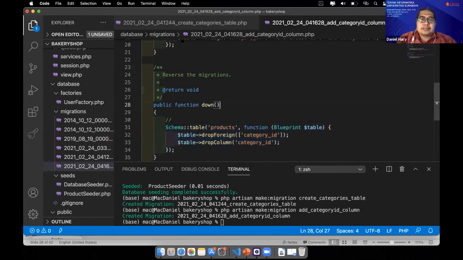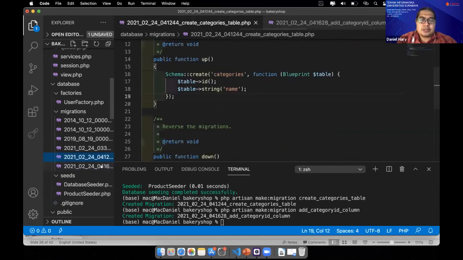Okay, we will try to run the migration again. It will run with two migration files, but I think we have to recreate and reset the products. So I think it will be better if we roll back the product creation first.